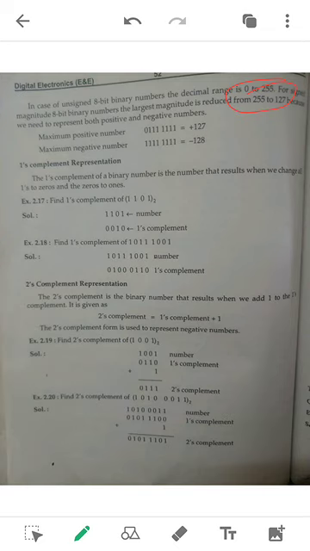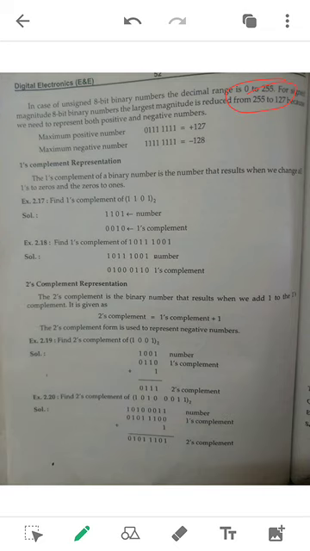You can see minus 128 to plus 127 gives the range of 0 to 255. Okay, so negative numbers we can represent from minus 1 to minus 128 for the 8-bit binary number, and the positive numbers 0 to plus 127. So that is the range to represent the positive numbers.